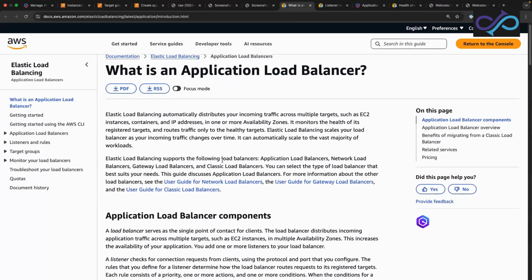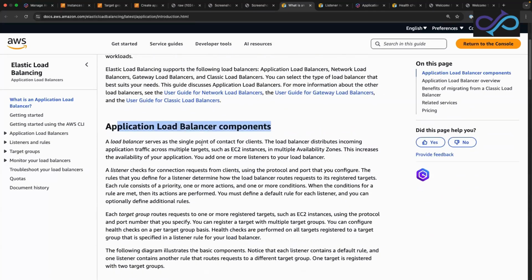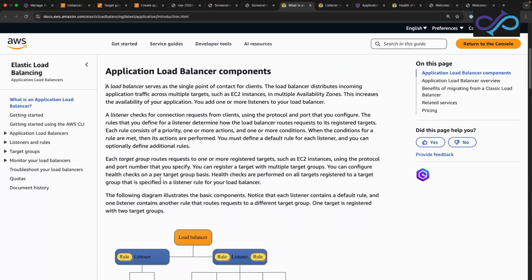So Elastic Load Balancing supports the following load balancers: application load balancer and network load balancer, but we are looking more at the application load balancer in this demo. It serves as a single point of contact for your client, which means everyone who is trying to hit your EC2 instance must first hit the URL of your load balancer in order to actually reach your application. The load balancer distributes incoming traffic across multiple targets, such as EC2 instances, in multiple availability zones. This increases the availability of your application. So, an application load balancer can also function like a network load balancer that directs traffic evenly across